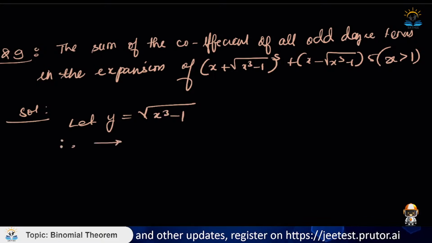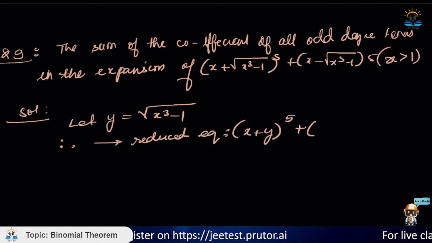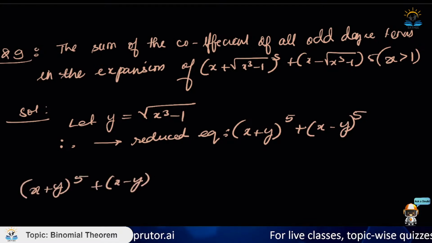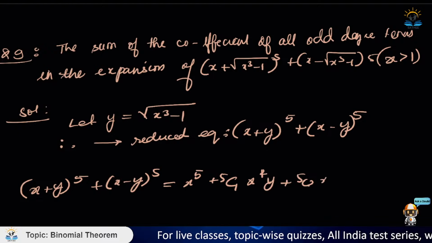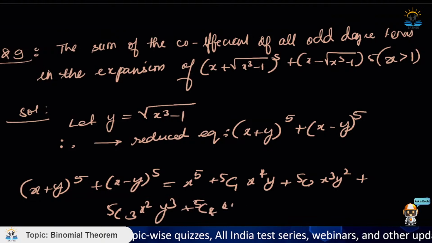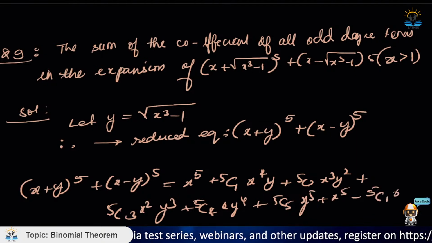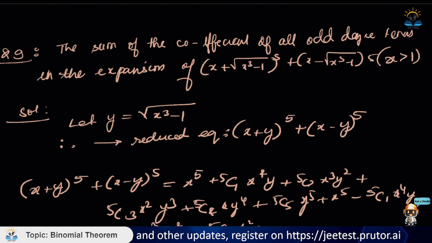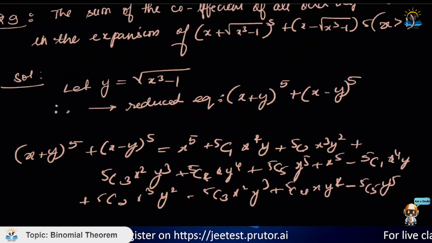So the reduced expression becomes (x plus y) to the power of 5 plus (x minus y) to the power of 5, which is equal to x^5 plus 5C1 x^4 y plus 5C2 x^3 y^2 plus 5C3 x^2 y^3 plus 5C4 x y^4 plus 5C5 y^5, plus x^5 minus 5C1 x^4 y plus 5C2 x^3 y^2 minus 5C3 x^2 y^3 plus 5C4 x y^4 minus 5C5 y^5, which is equal to